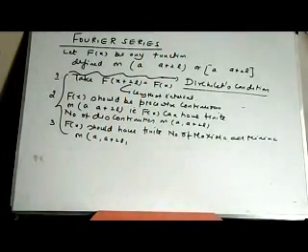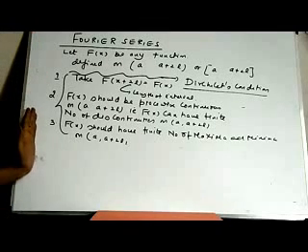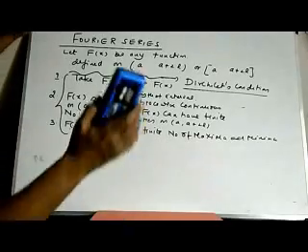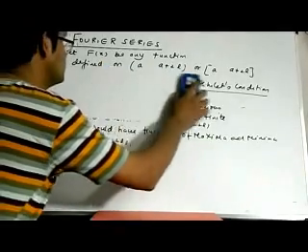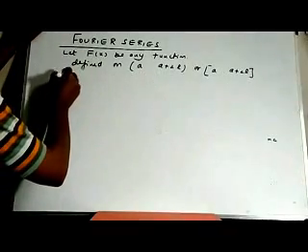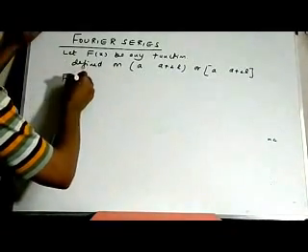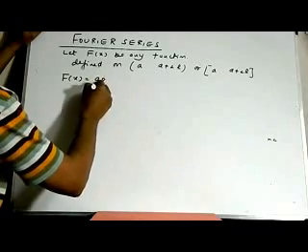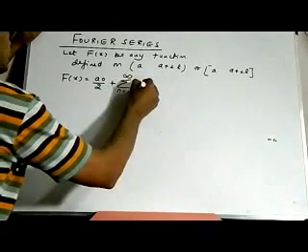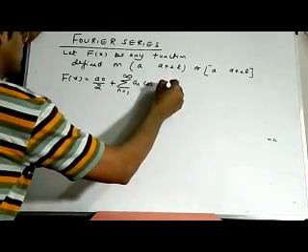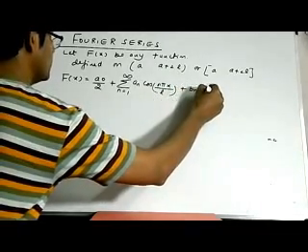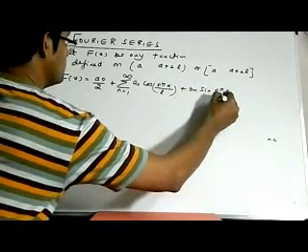Now let us understand, suppose a function satisfies all these 3 conditions, then how to write the Fourier series over this interval. Look here. We write the Fourier series of the function as f(x) is equal to a0 by 2 plus summation n varies from 1 to infinity of an cos(n pi x by l) plus bn sin(n pi x by l),